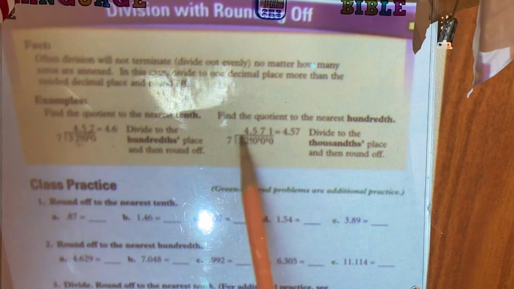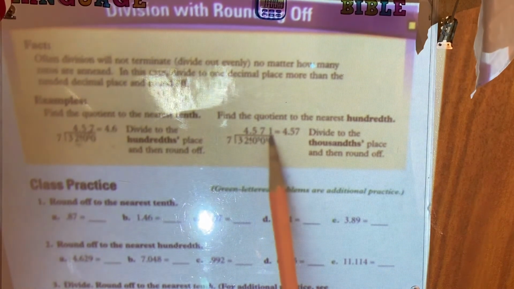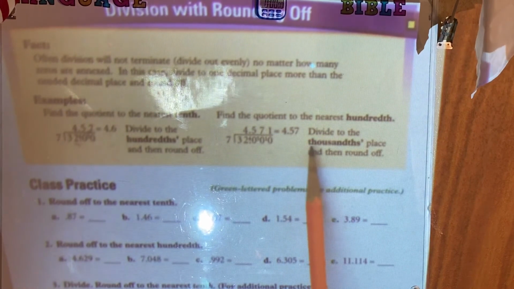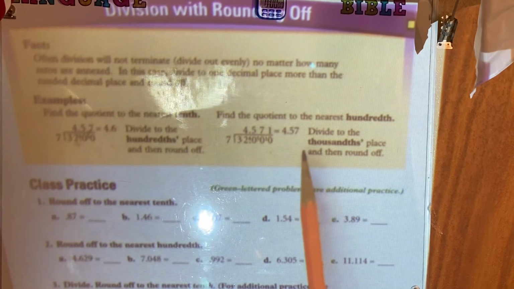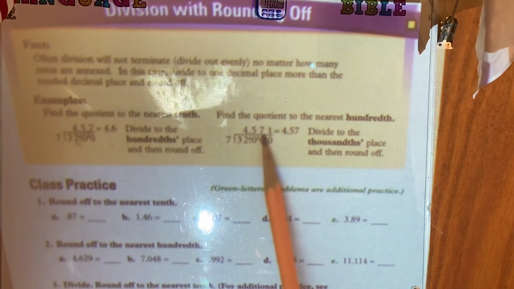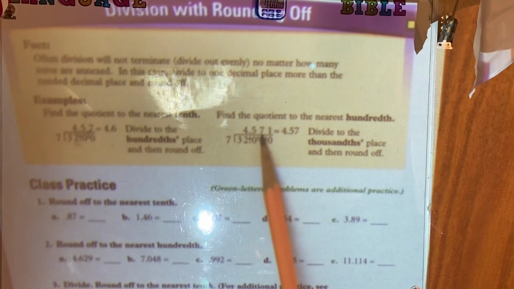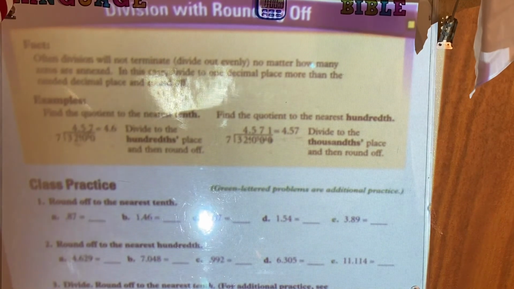When you divide this, we get 4.571, and it says that we want to round off. We have to look to the right of the 7, and we have a 1. Because it's less, it stays the same, it's 4.57. Okay,